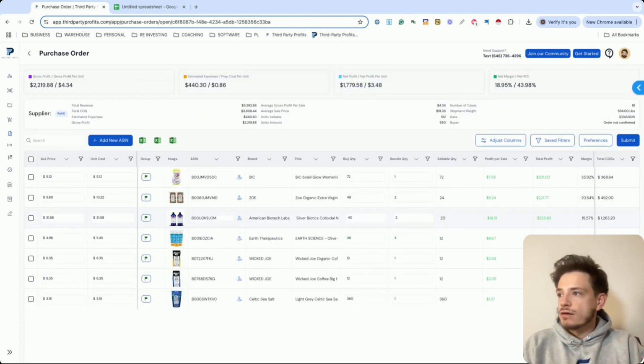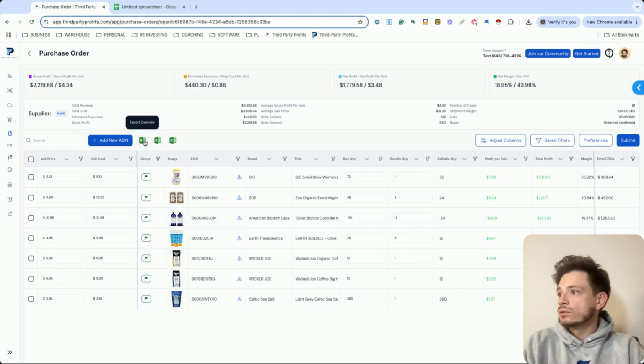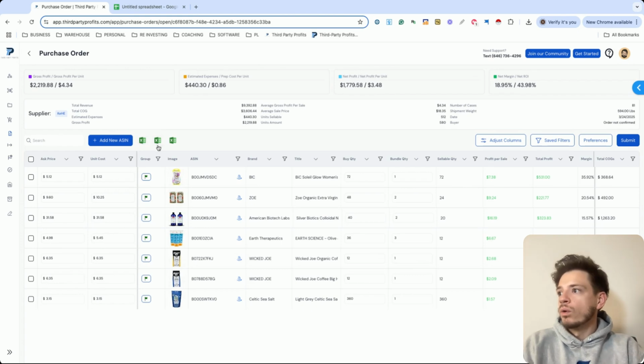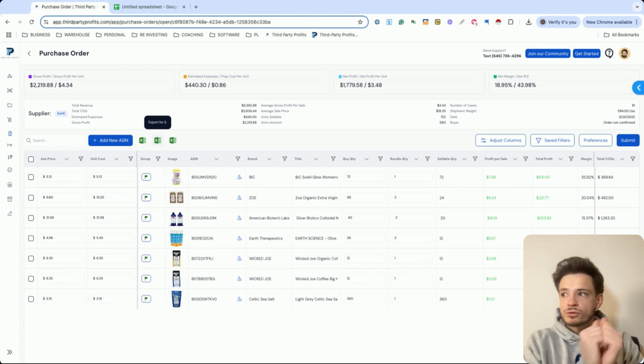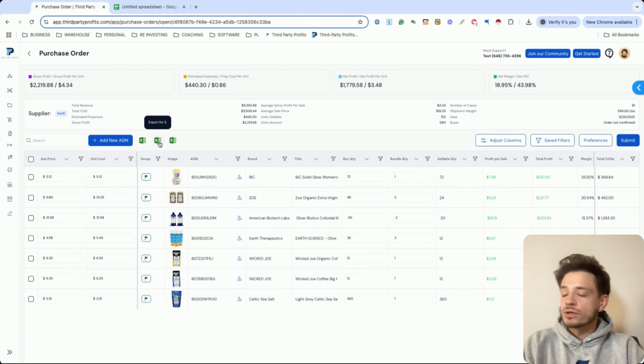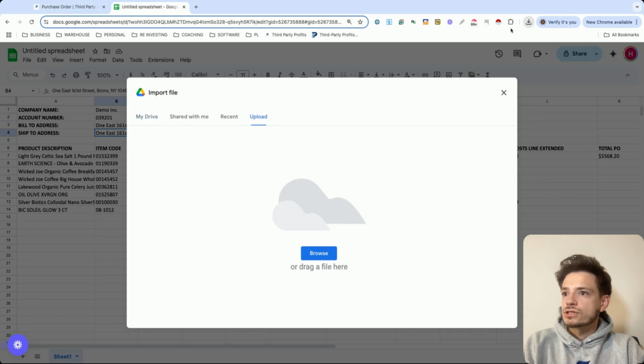Now that we have our confirmation, we can figure out what items we're going to purchase. So we can download this PO right here and send it back to the supplier if we needed to, or we could download an export file to then create a shipment through the software. So if you're using Inventory Lab or 2D Workflow, you can download their template. So let's go with this template here. We're going to hit File, Import. Just going to drag that